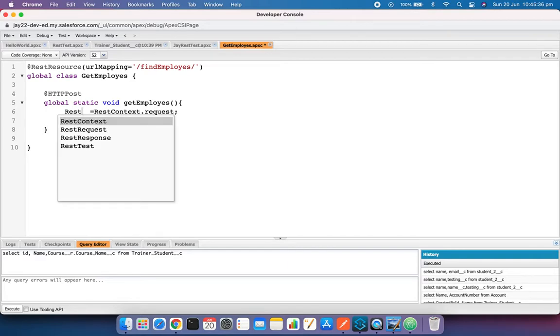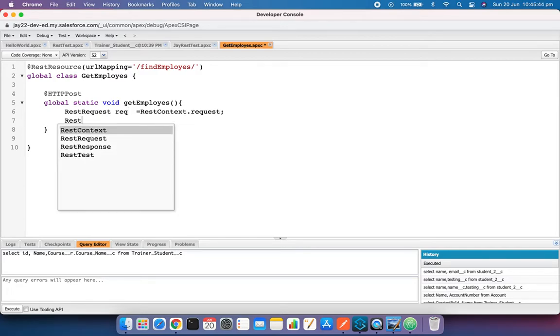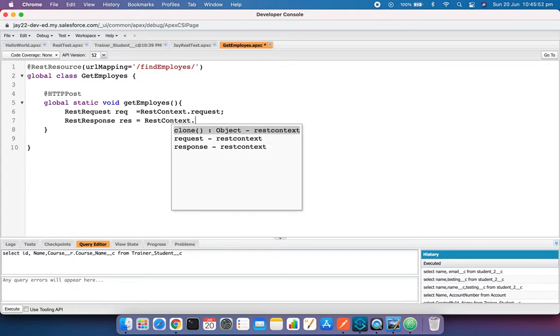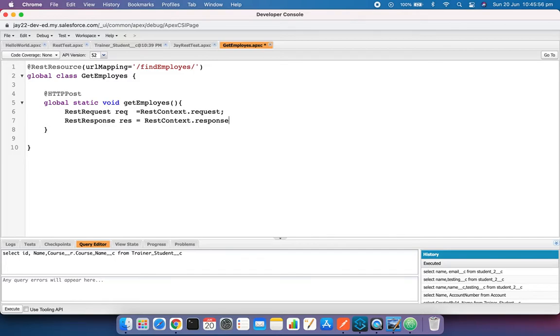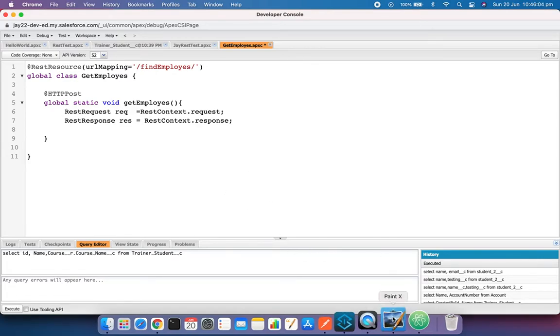I will store it in the request, and then REST response equals to REST context dot response, right? So I hope you understand, right? So what we are doing here is,